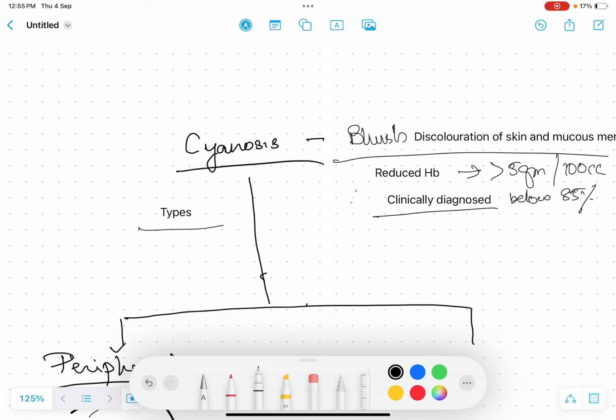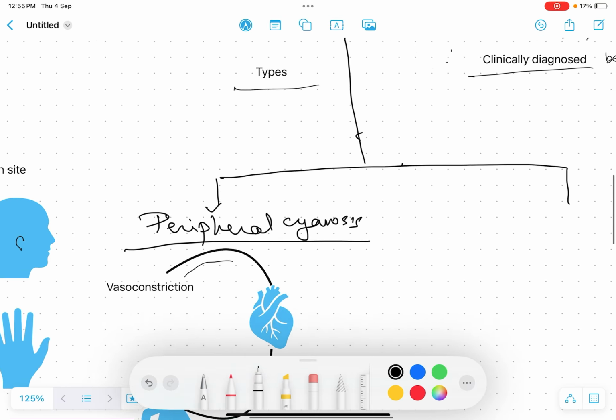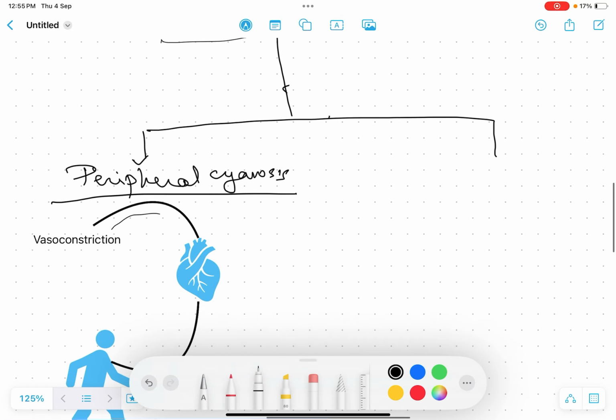Now coming to the types of cyanosis. There are two types of cyanosis. First is peripheral, another is central. So what is peripheral cyanosis? Peripheral cyanosis is the presence of normal arterial oxygen tension, O2 saturation is normal, but there is cyanosis because of